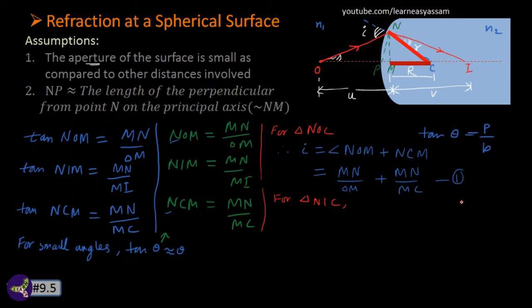Let us recall the property of this. This is NI and this is C. This is the angle of refraction. We are going to find this angle, and from the exterior angle property we can write that